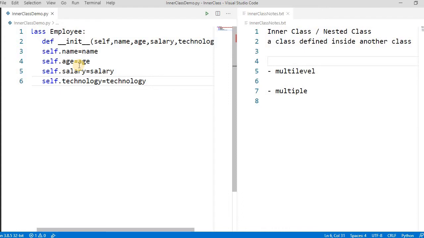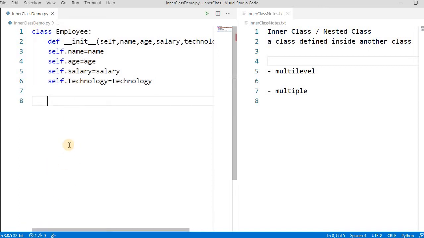Or you can take an example of address. Address may have multiple parts like their building number, society name, landmarks, phone number, PIN codes. So there are two ways: either we can create another, different class, and then this employee class can inherit from address, or we can create a nested class or inner class. How can we create this?